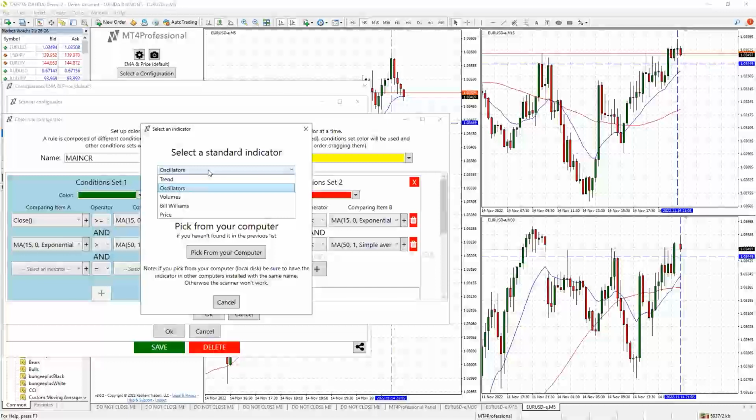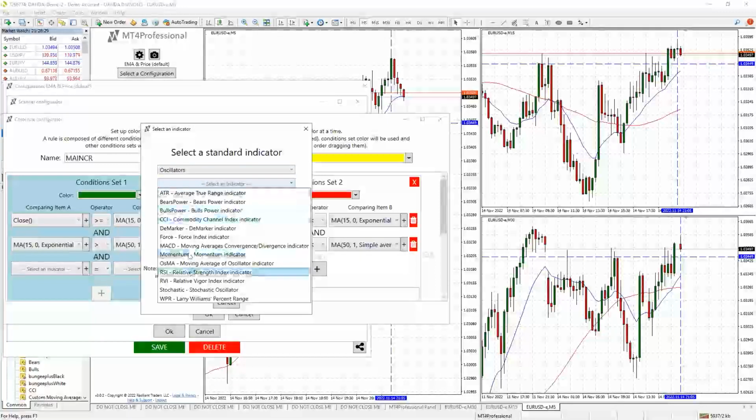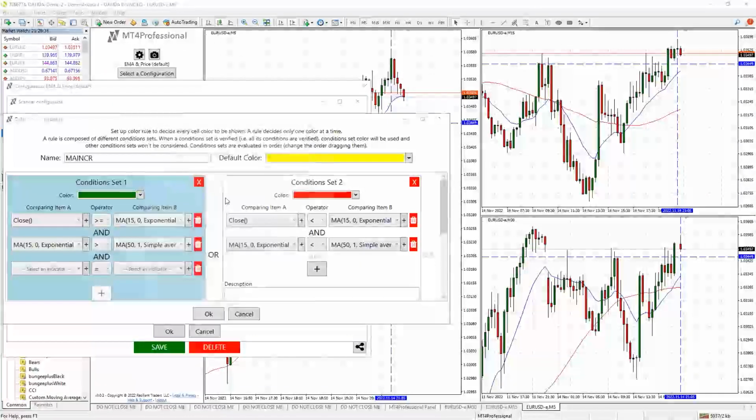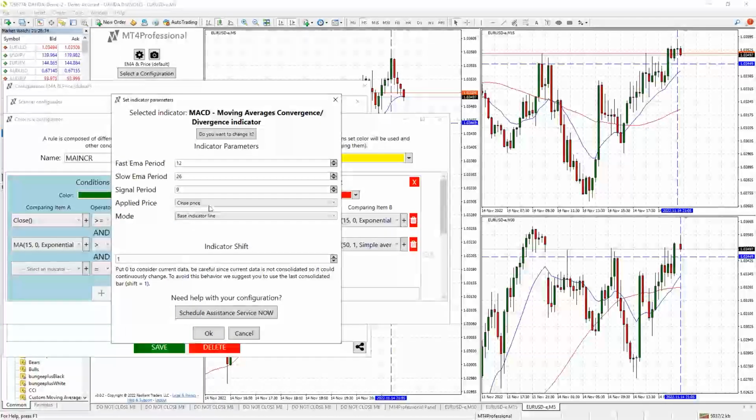So let me go ahead and select one. I'll just do the simple MACD. All right, so this one gives me two setups. These are the standard inputs for that. The mode operator shows me that there are two options that I can choose for the MACD indicator. The base indicator is the histogram that I referred to earlier, and the signal line is the red line across from that. So if I were to use either one of these, then I can select one. I'll pick the base indicator and select OK.